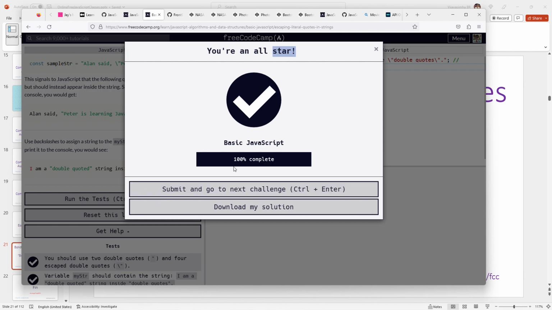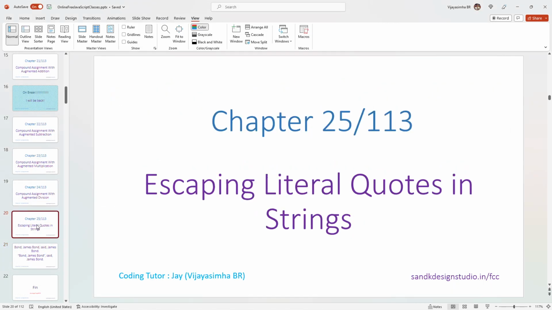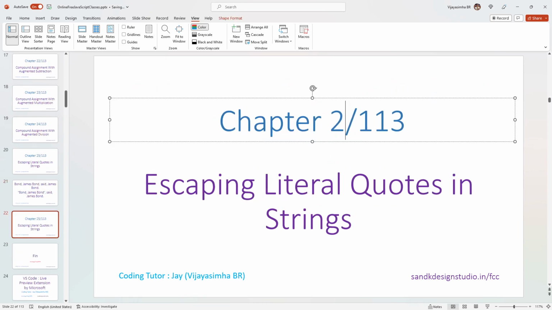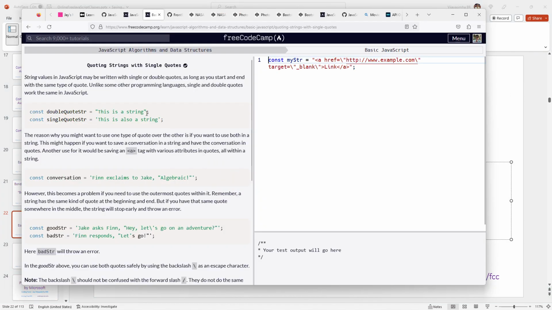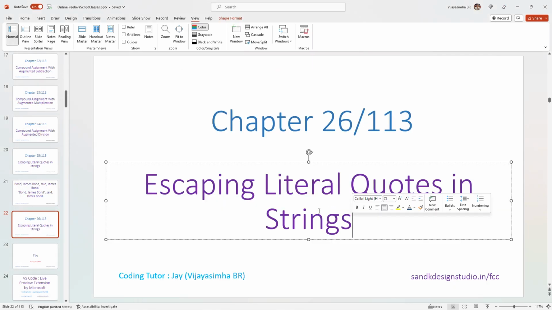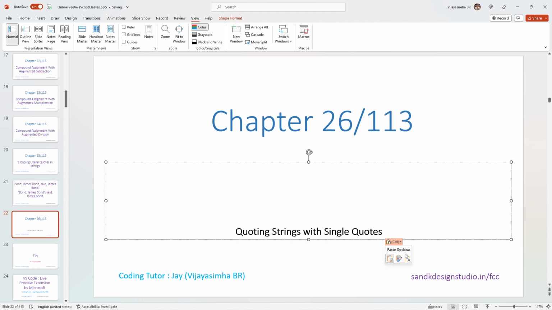Okay, let's keep going. Now, wait a second. Did I put this already? Yeah, I did put the chapter. Okay, let's go to the next chapter then. So the next chapter is going to be chapter 26, and that is quoting strings with single quotes. Okay, all right. So now you already saw how to use,